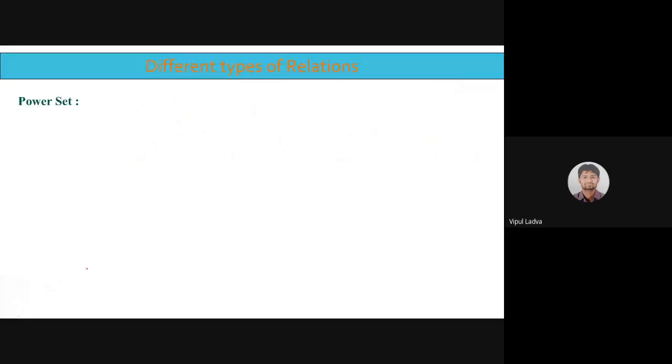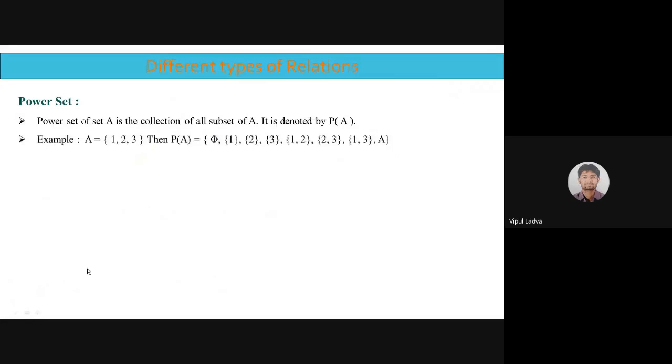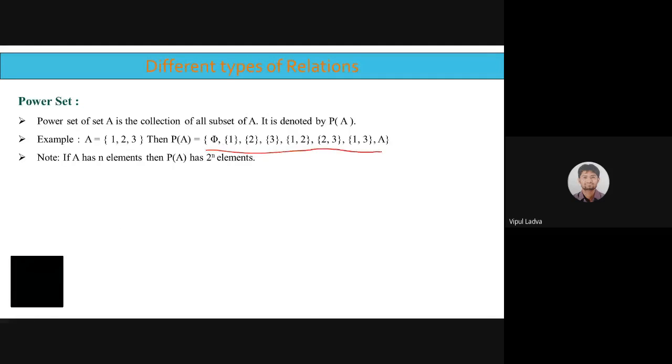Let me give you the actual definition once again on the screen. Just go through it. This is what we had just discussed. And here in the example, I had taken 3 elements in the set A: 1, 2, and 3. And these are the list of all possible subsets of set A. The new set, which includes each and every subset of set A, is known as a power set. So go through this.